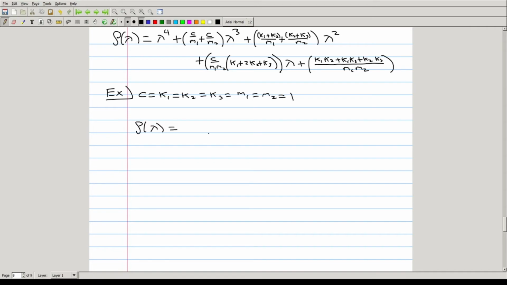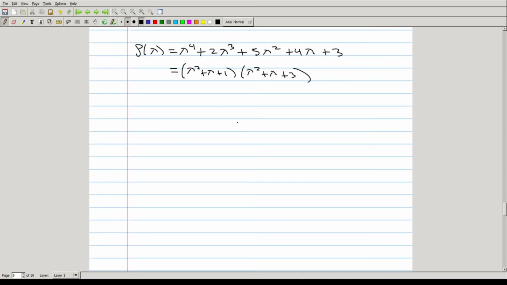And when this happens, you get that rho of lambda is lambda to the 4th plus 2 lambda cubed plus 5 lambda squared plus 4 lambda plus 3, which is lambda squared plus lambda plus 1 times lambda squared plus lambda plus 3. This quartic polynomial factors into the multiplication of these two quadratics right here. And so the zeros of this characteristic polynomial are actually relatively easy to calculate. We can go through with the quadratic formula and get the two roots of this equation, lambda 1 and lambda 2,